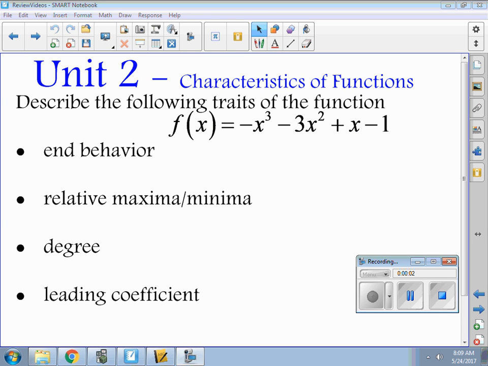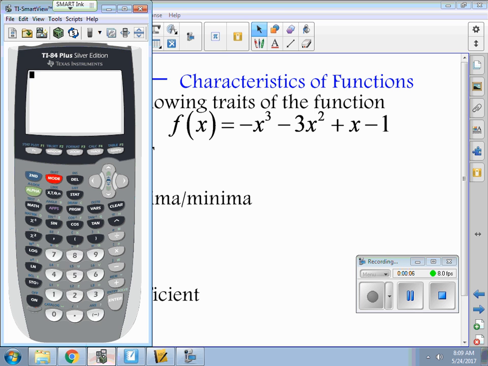Okay, so when we start talking about the characteristics of a function, it's a good idea to know what the function looks like. So type it into your calculator in y equals, and then let's take a look at the graph. Remember that when you're looking at graphs, good zooms are either zoom 6 or zoom 4 if you need to zoom in a little bit. So here's my zoom 6, and I'm going to pull that onto the screen so I have an idea of